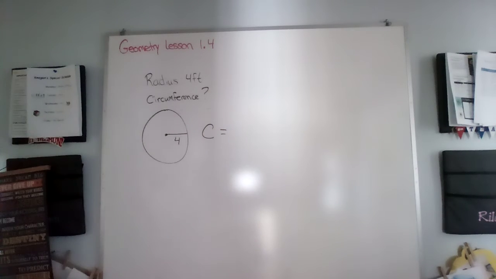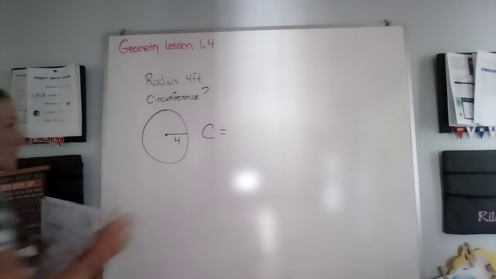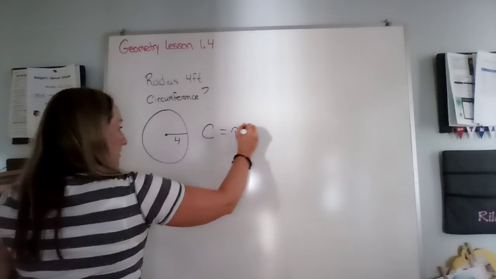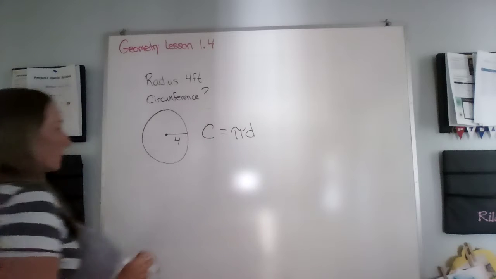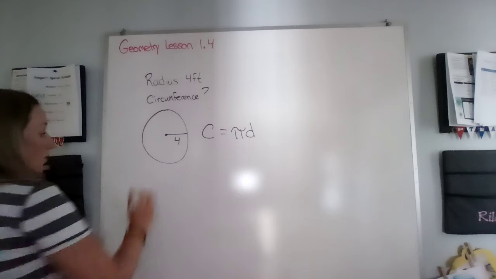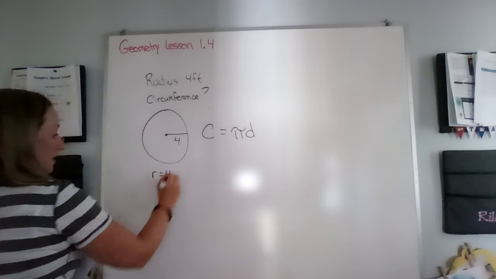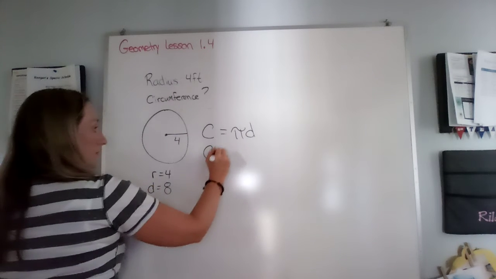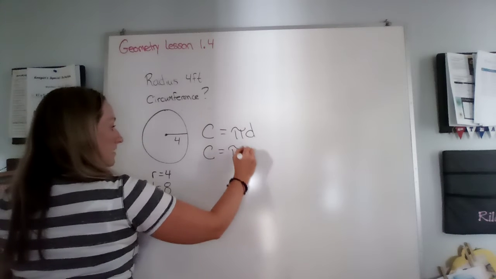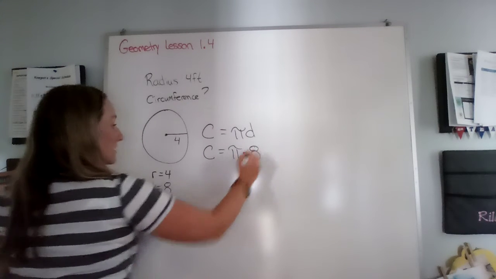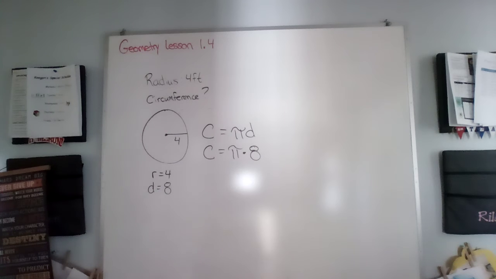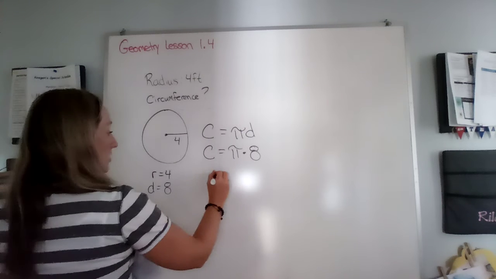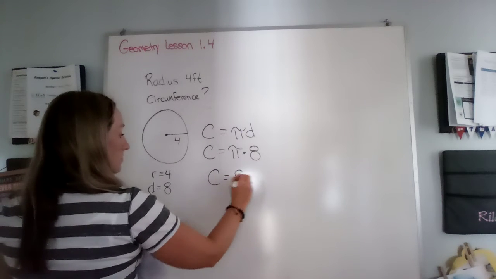The circumference formula, if you're trying to find the circumference, is pi times d, or 2 pi r, depending on what you like to use. So I need to know the diameter. Well, if my radius is 4, I'm going to double that to get my diameter of 8. So my formula becomes pi times 8. Now the directions did say leave your answer in terms of pi. That means you're going to leave pi as part of the answer. You're not going to actually multiply by 3.14, the approximation of pi. So the circumference is equal to 8 pi,